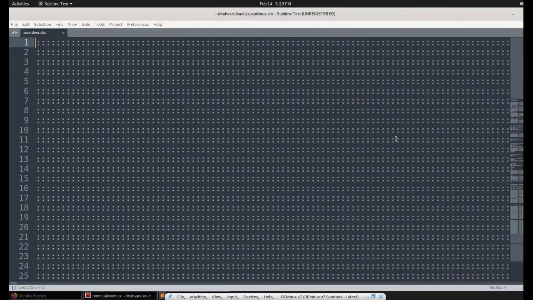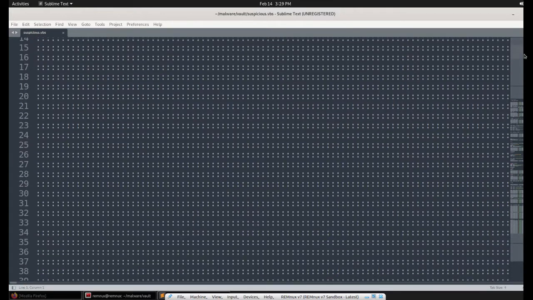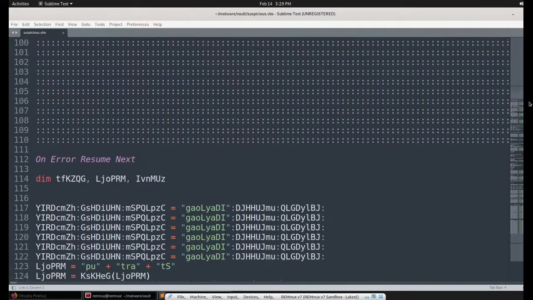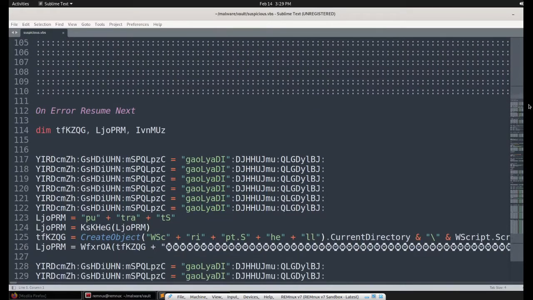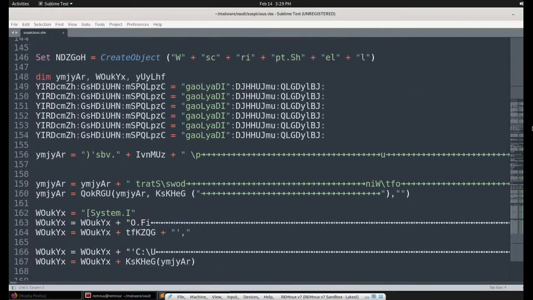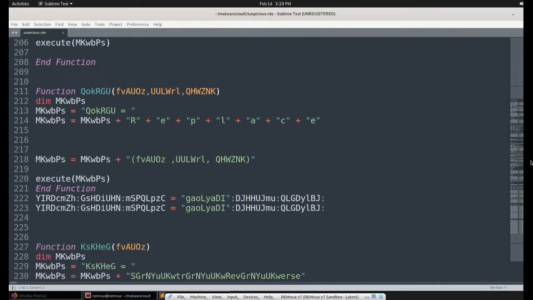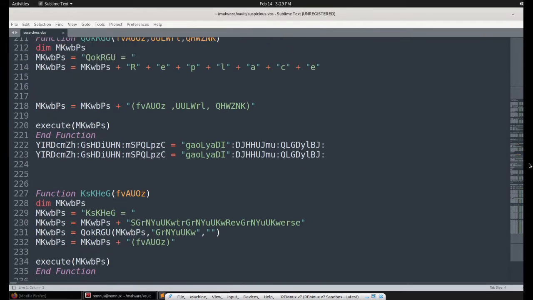You may prefer whichever text editor you want. So this is the file. I can see some random colons, and if I scroll down, I can see the program starts here. By seeing this syntax, I can understand this must be Visual Basic script.